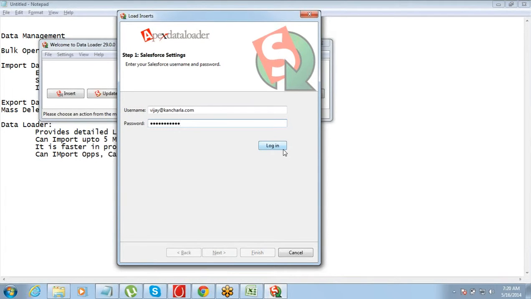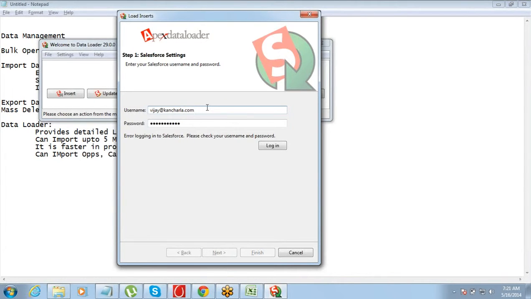But the moment you put your login ID password, even if you put a correct password and try to log in, it will throw an error. It will say it's a wrong password. See, please check your username and password. The username and password that I have put are correct, but still it will throw this error.